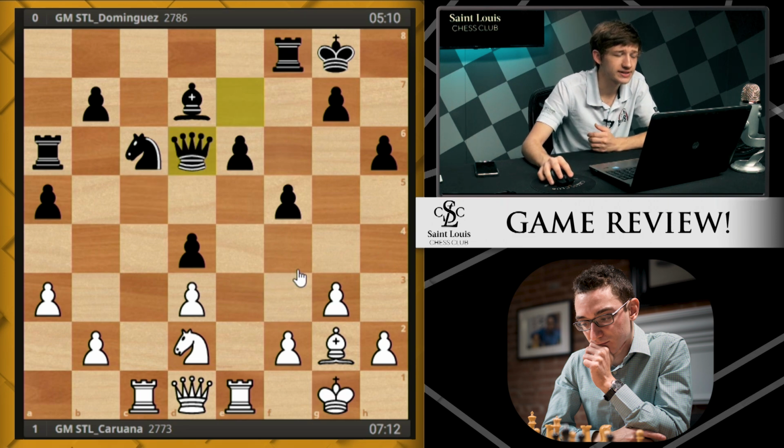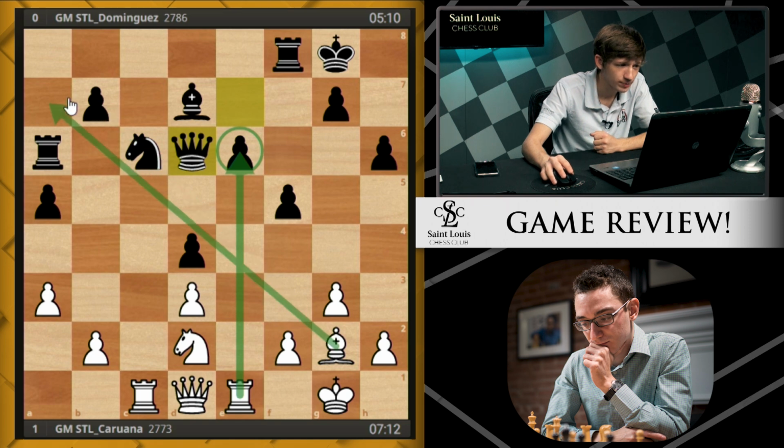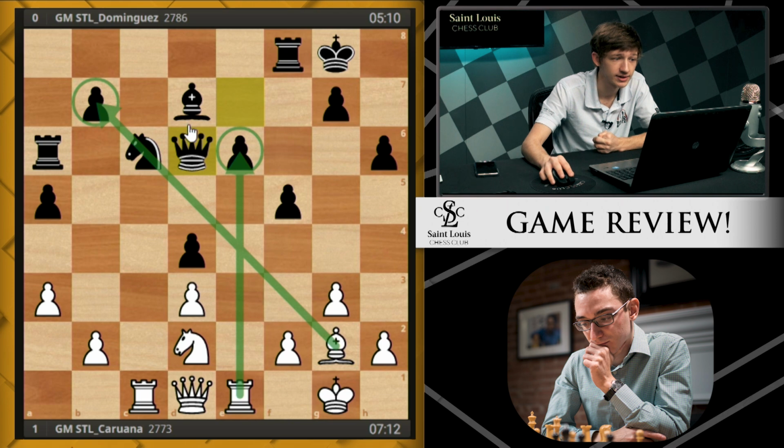So now the c-pawn is off the board. Leinier is happy because he has an extra pawn. Fabi is happy because this gives his pieces the opportunity to get really active. Now, all of a sudden, this rook is on a well-placed square attacking a backwards pawn on a half-open file. This bishop is on the best diagonal it can be on, attacking this b7 pawn,